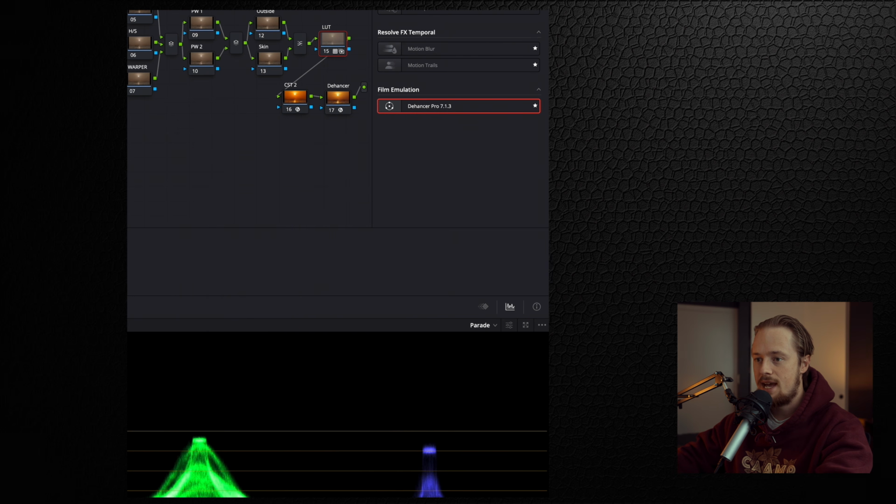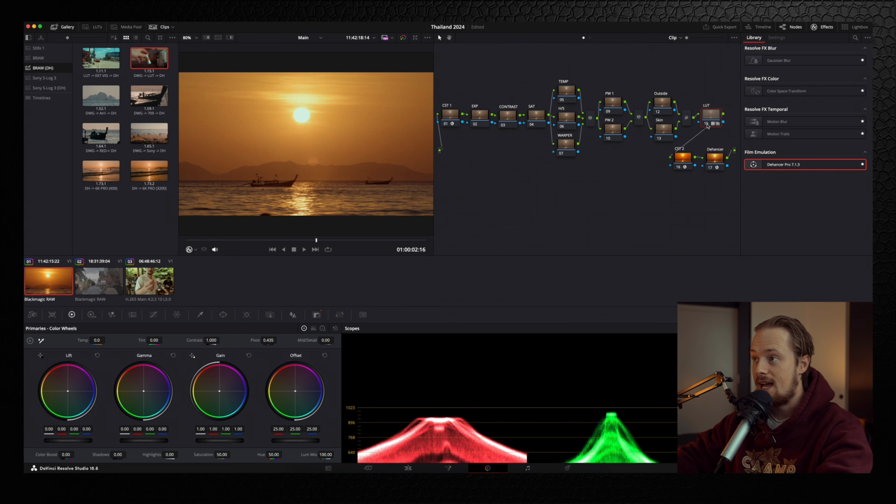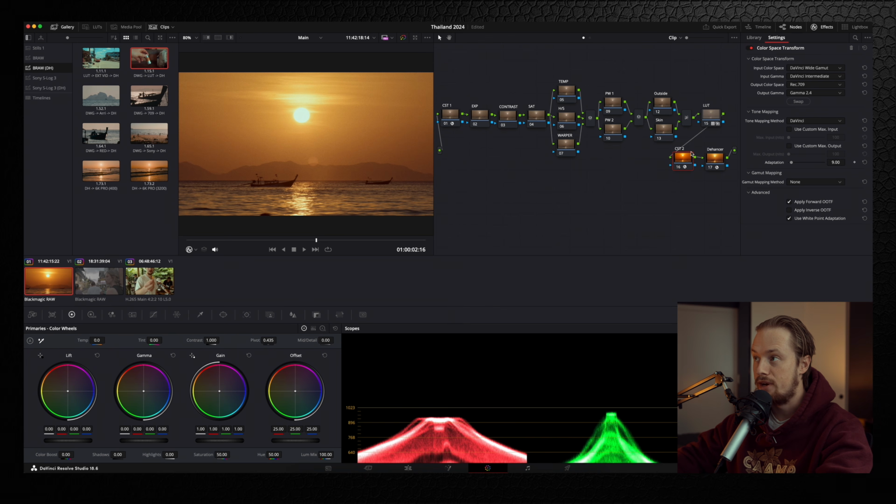And then I set that to 50%. So not too overpowering, but it does add a bit of an extra amount of color and contrast to the footage. After this LUT, I'll add my last color space transform node, which is essentially taking this timeline color space that's DaVinci Wide Gamut and DaVinci Intermediate and converting it to Rec 709 and Gamma 2.4, which is our output